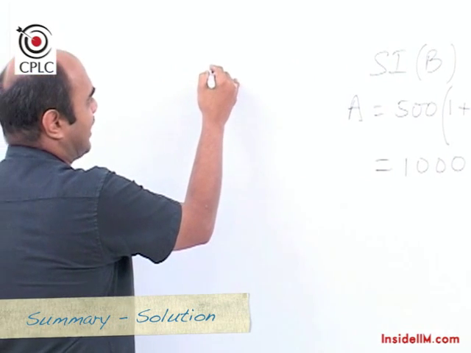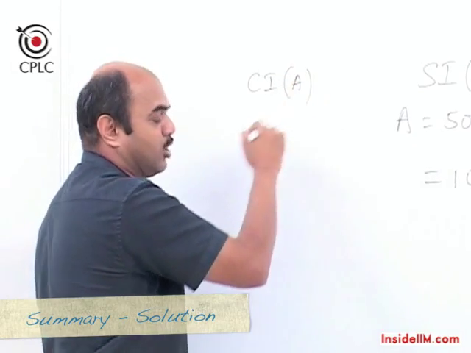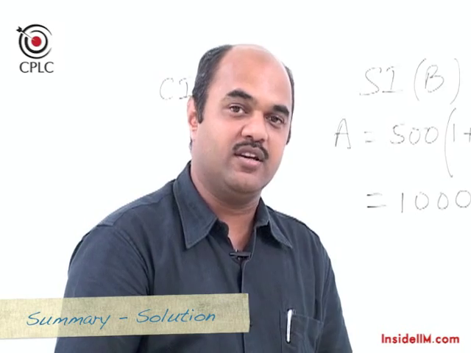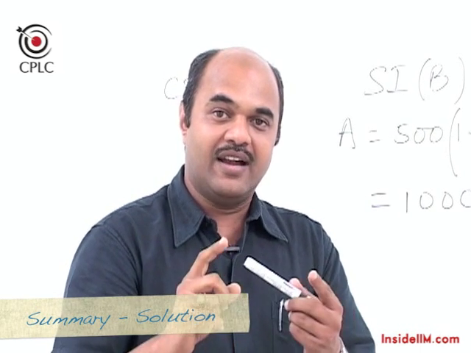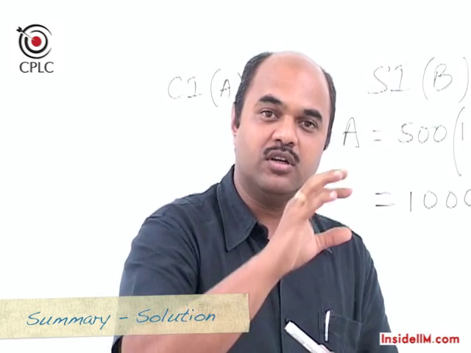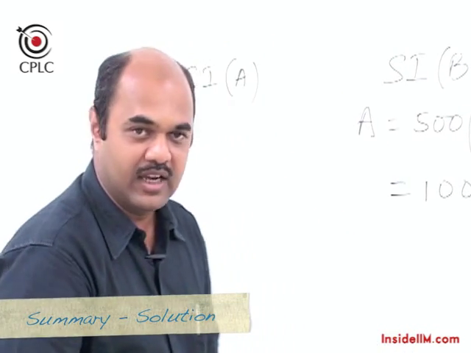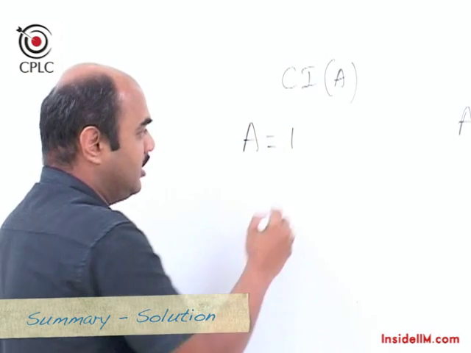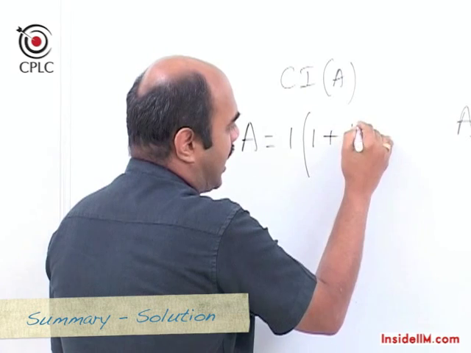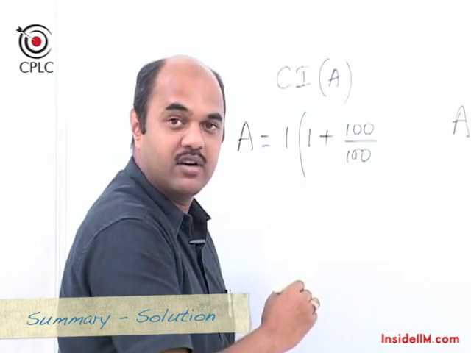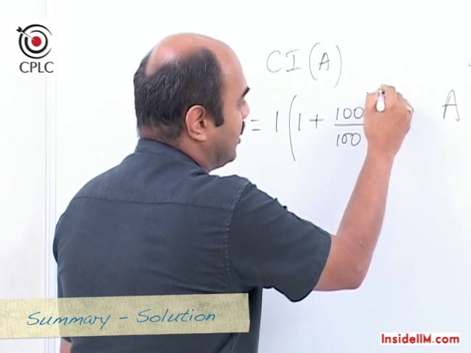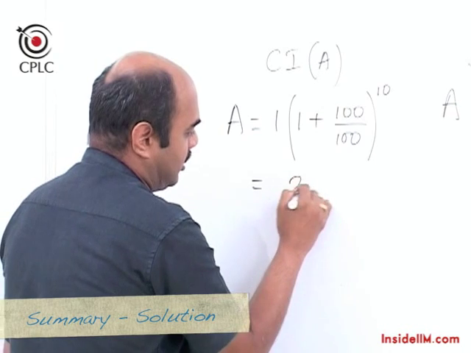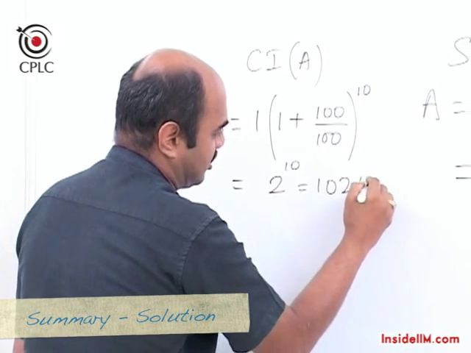Let's take the case of piggy bank A, which happens to be a compounding phenomenon, because when we looked at doubling every year, there was actually an increase of 100% every year, and the new change was applicable on the final new amount every time. Hence, if we use our formula in this case, principal was 1 rupee, P into 1 plus R upon 100, rate of interest was 100%, raised to 10 because there were 10 time periods, and hence this would become 2 raised to 10, which is 1024.